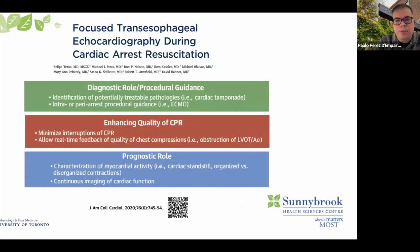So what's the actual role? We can use it for diagnosis, like we can find the causes of the shock or the cardiac arrest, like we saw in the few cases that I presented. We can enhance the quality of CPR, which is what I'll describe now. And we can also use it as a guide for procedures. Nowadays,